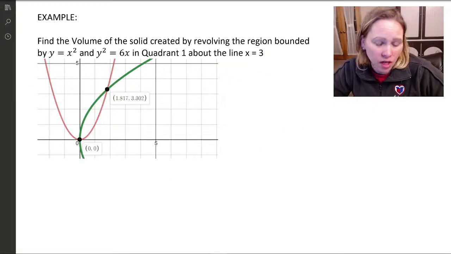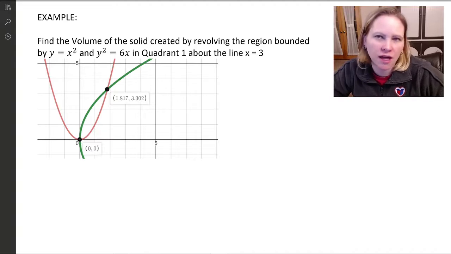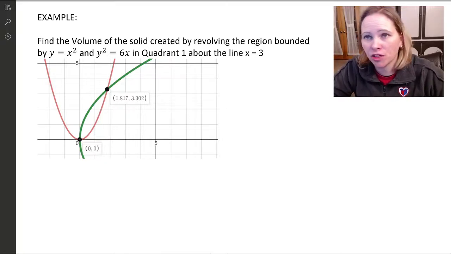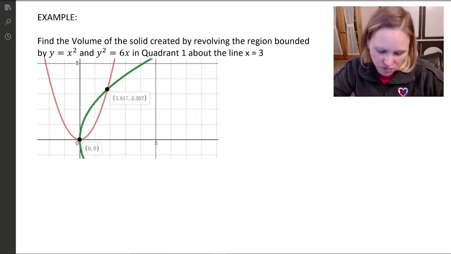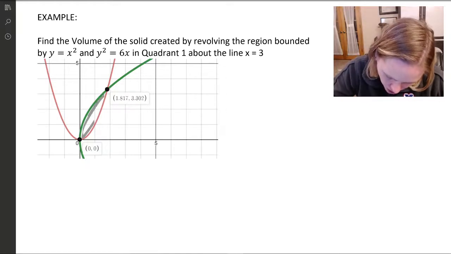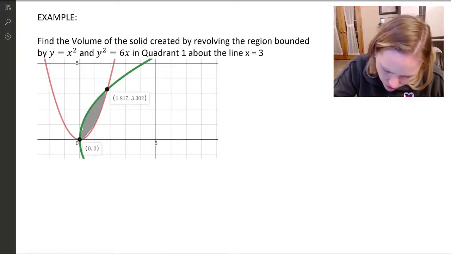So now let's take a look at what happens when we revolve a shape around something other than an x or a y axis. Here we're going to find the volume of this solid that's created by revolving this region bounded by y equals x squared, that's the red curve, and y squared equals 6x, that's the green curve. So we have two parabolas, one that's vertically oriented and one that's horizontally oriented. We're going to take this quantity right here, shaded in gray, and we're going to revolve it around the line